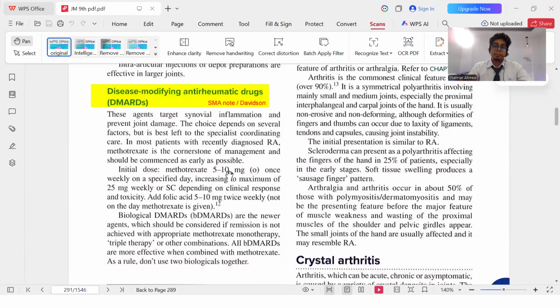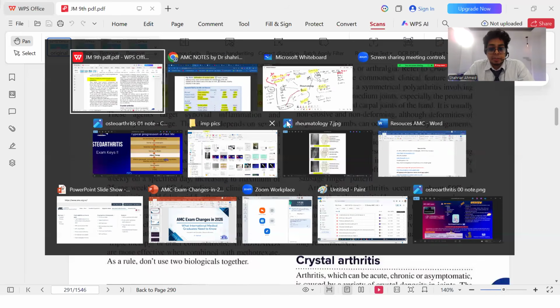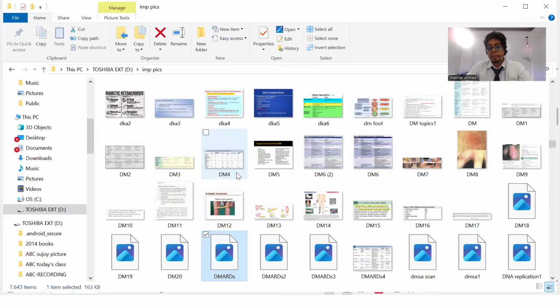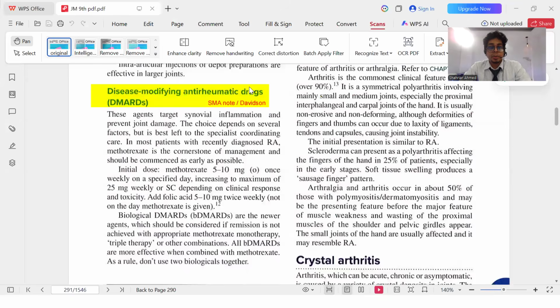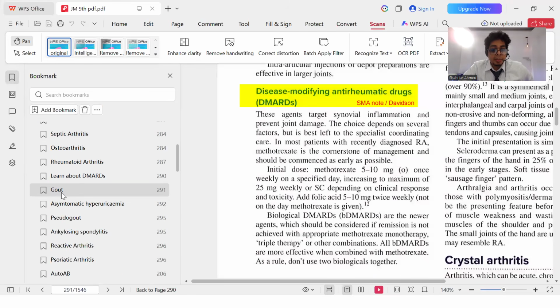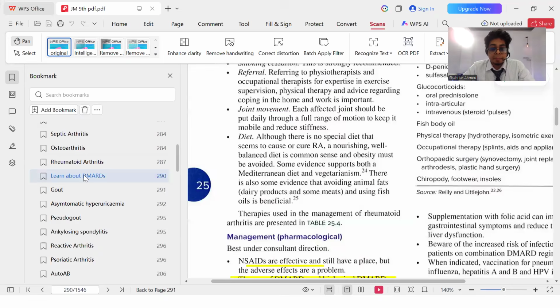We'll go for a 10-minute break now. When we come back, I will start with the disease modifying anti-rheumatic drugs, and then we'll go through the remaining important topics: gout and pseudogout, ankylosing spondylitis. The smoother ones are coming up, and the smaller ones after that. So, my dear doctors, when we're back, yes.